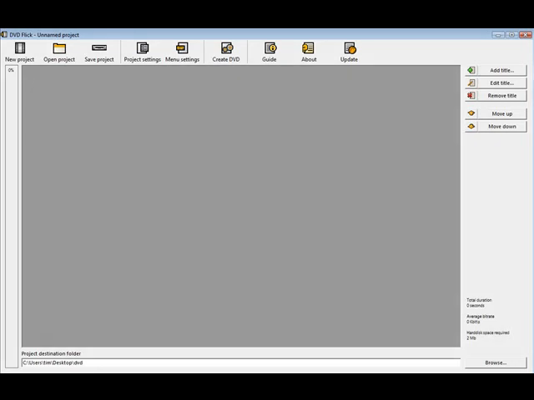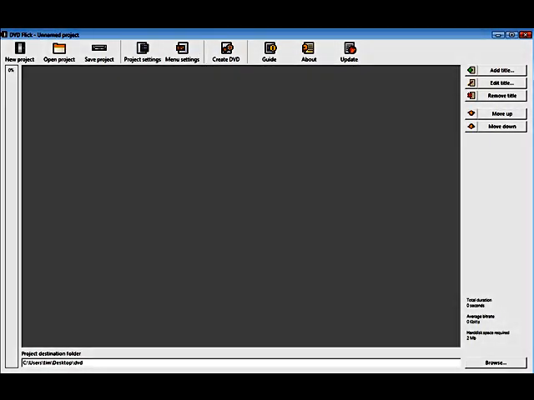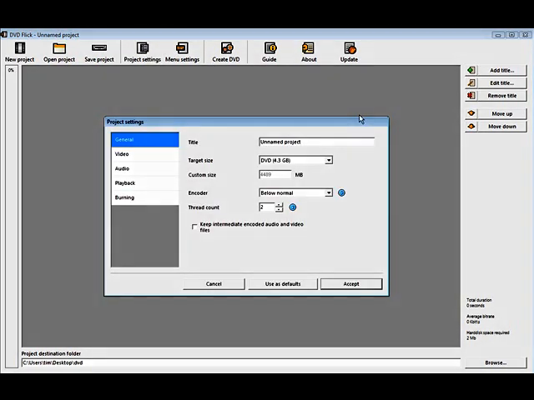And here's what it looks like here. So the first thing you're going to want to do is set your project settings. Click on project settings. Here you can name the project. You can name it whatever you want. Target size. You can leave this as the default. We're going to burn it to DVD 4.3 gigabytes usually, but if you have higher capacity DVDs or you have